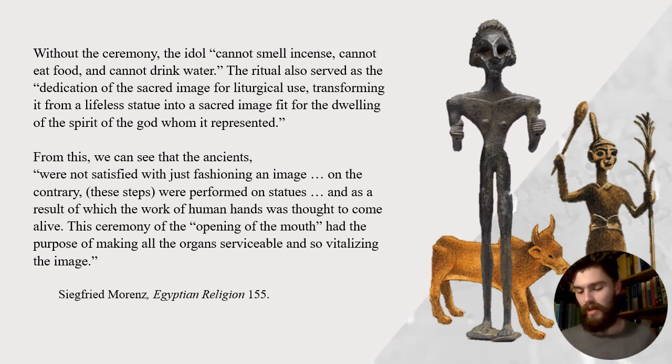And so man is dependent on the god for the seasons and the weather and blessing, but the god is just as dependent on the man to have food and sustenance and a place to live. This is what, for example, Walton will call the great symbiosis, but it's behind the understanding of idol worship. The gods need to be fed, need to be worshipped, and need to have a dwelling place, and without that, they're in a bad place. And this is the reason behind idol worship and why the opening of the mouth was so important for these idols to function as gods.